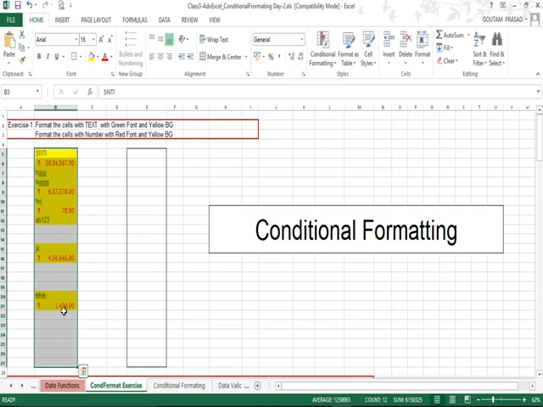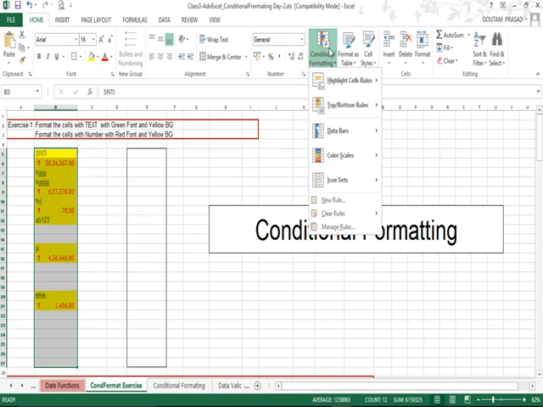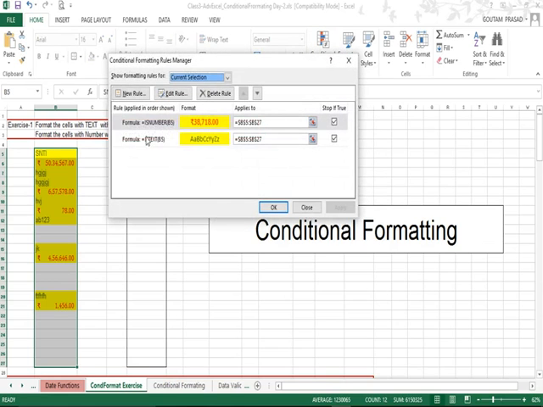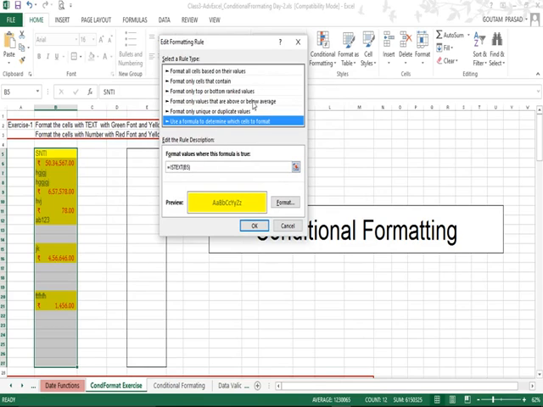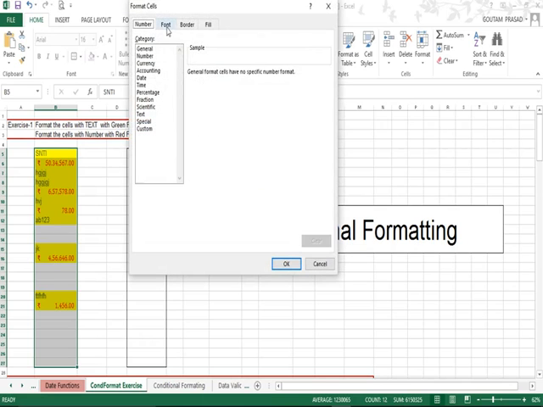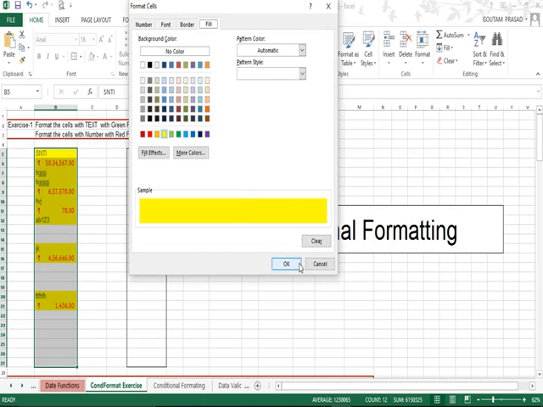So this is how you will study. I have studied the first rule. Now I am going to study the second rule. So I will go to Manage once again, go to the second rule, and go to the edit option. Similar things are there: use a formula to determine which cell to format, and here equal to each text B5, in the similar fashion as we did earlier. Define the format, font, border, fill, everything, and then